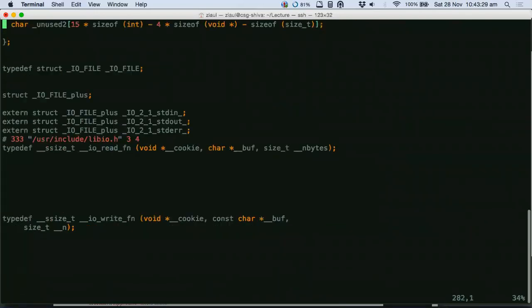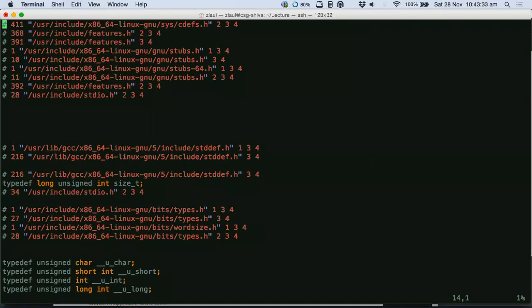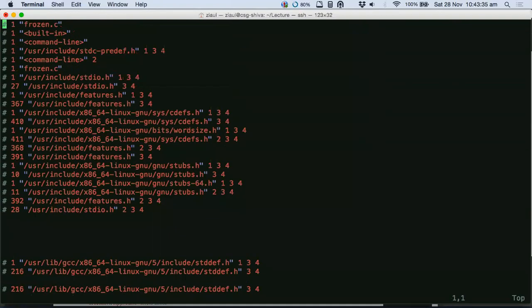Now what the pre-processing did was it took that header file and expanded all the functions that are located inside. See, these are all the locations of the code for those functions. For example, this is a location for something called wordsize.h. So it will just point to where on the hard disk the code for that function is located.